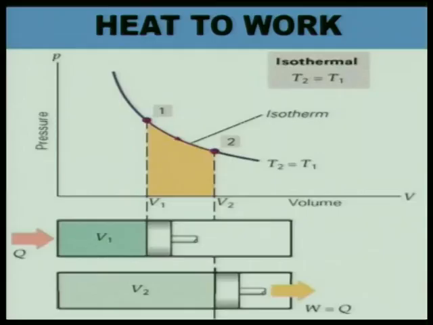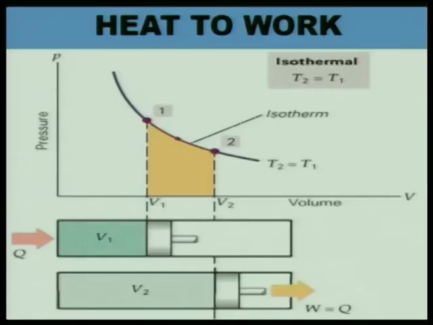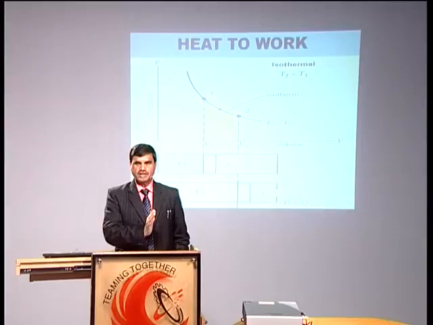The ideal Otto cycle or diesel cycle: the Otto cycle we use for spark ignition engines, the diesel cycle we use for diesel engines. In this cycle, in the heat addition process, hypothetically the source of heat, Q, is outside the cylinder. These cycles are termed air standard cycles also, because the heat due to combustion is outside, the hot body is outside the cylinder, and inside the cylinder only air is there.